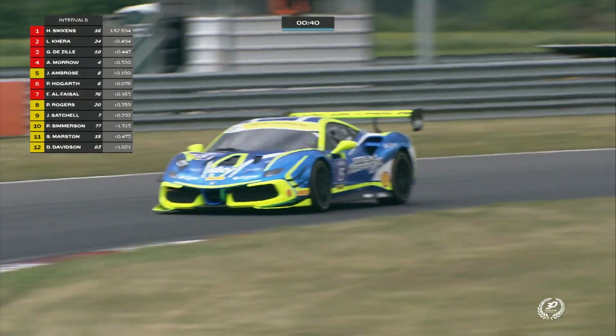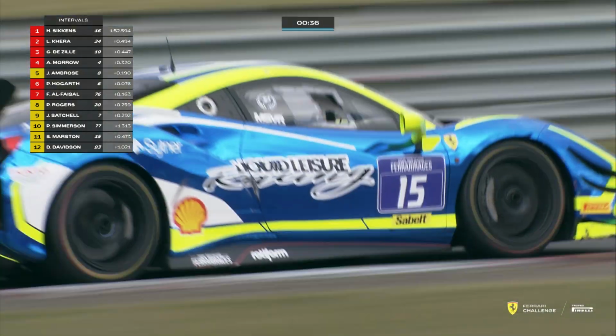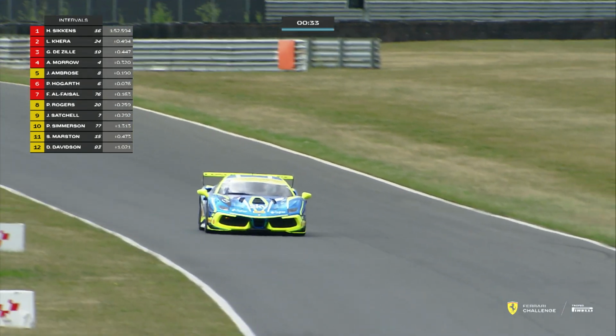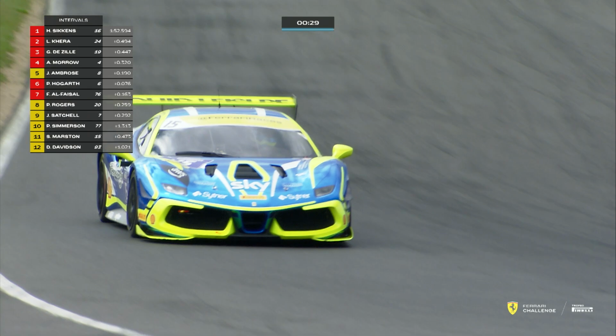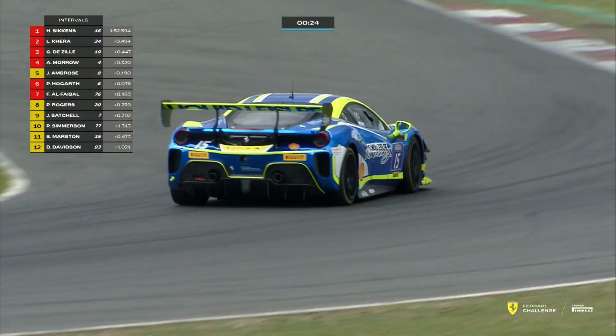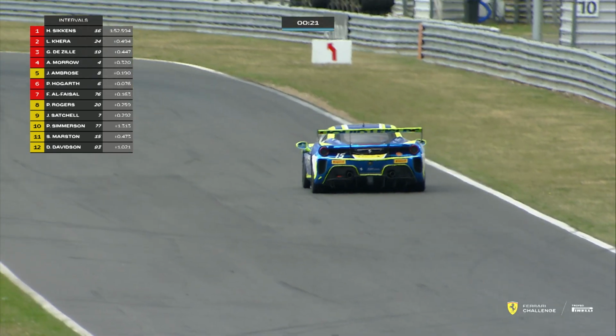Of course, this is his debut year, never raced before now, so every lap certainly counts for him. Just out on track, Hogarth has crossed the line and stayed in 6th. He will get another go at it if he wants, but there are only 3 cars out on track, so Hogarth, Marston and Davidson still running out on track at the moment. So unfortunately, I don't think we're going to get that last lap